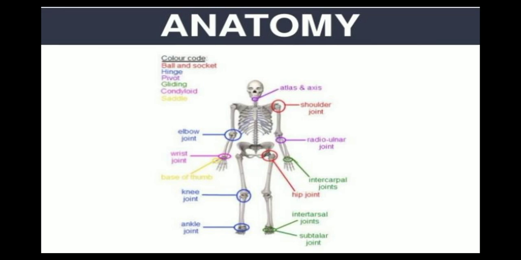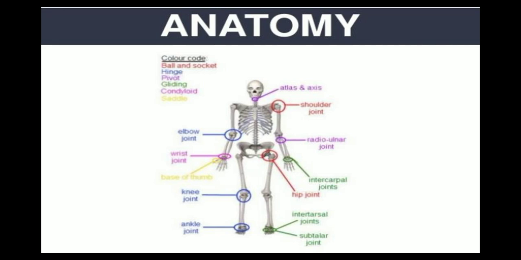In our body, there are 6 types of synovial joint. Synovial joints are the most movable type of joint found in the human body. Joints are formed where the bones come together. As we can see here, there are 6 types of synovial joint. First is the ball and socket joint, that is marked in red color and it is present in hip and shoulder. Now second is hinge joint. Hinge joint is marked in blue, that is present in elbow, knee and ankle.